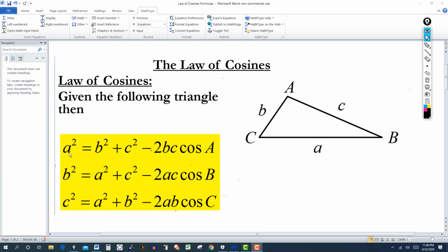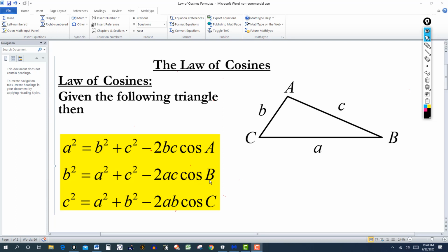This is saying that if you compute the square of side a, that's going to equal the sum of the squares of the other two sides, which would be b and c, minus 2bc times the cosine of A. That's the included angle between b and c. And it continues the same way. The square of b equals the sum of the squares of the other two sides, a and c, minus twice the product of a and c, and the cosine of the included angle,